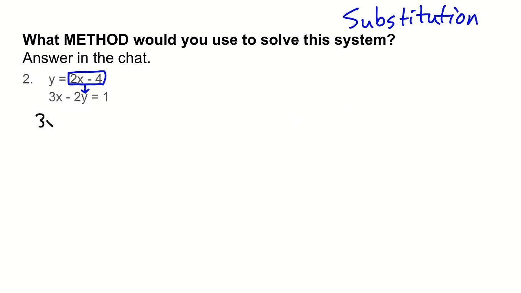So we have 3x minus 2 times the quantity 2x minus 4, and then that's equal to 1. So notice here's y, and here it is substituted in. Questions on that substitution? Okay, so we're going to use